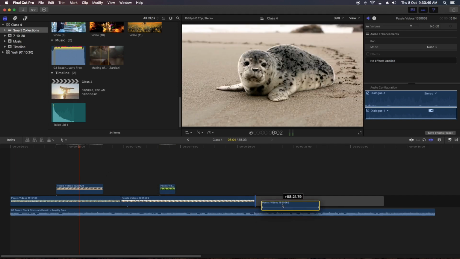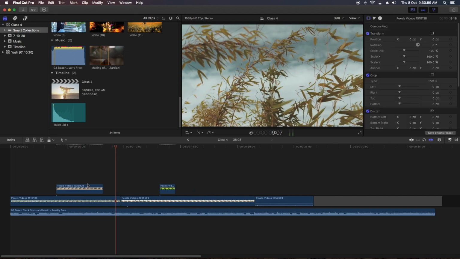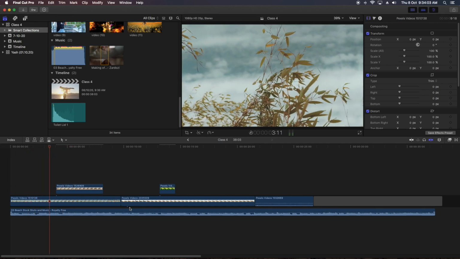This is not available in Premiere. This is the reason FCPX is working so much faster. It's a non-destructive way of editing. Okay, so now you come to know, even I can attach this audio part to this part.